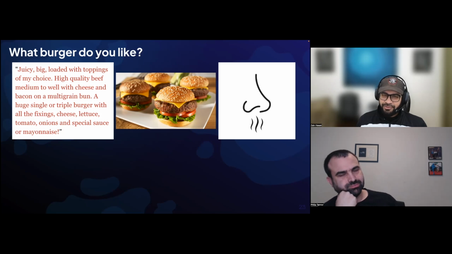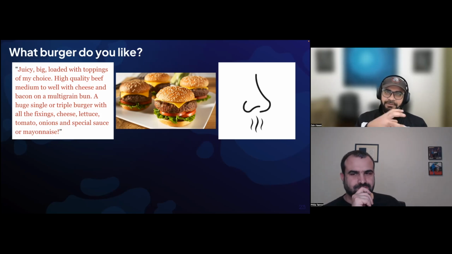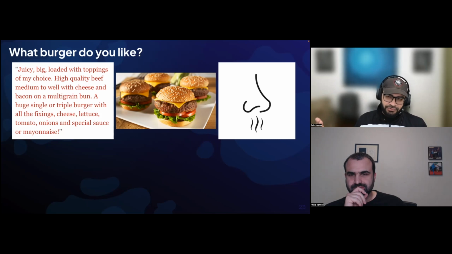Maybe in the future, you can't do this right now, you can actually give me an understanding of how that burger smells, right? And there are actually companies, if you're interested in this, there's a company called Osmo that spun out from Google that is capturing smell as a vector and then projecting that into vector space and allowing you to do search on it. So this is not science fiction. It might sound that way, but it's not.